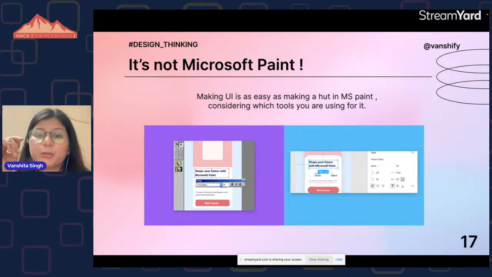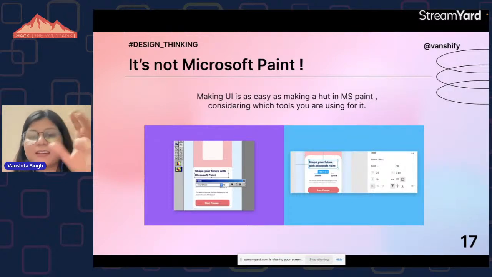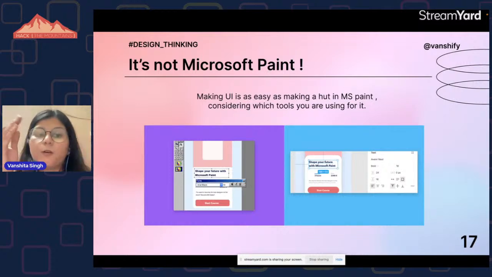Figma is fast. You can just make a rectangle, type the text, and change the font and everything in just one click. In MS Paint, you have to literally go through everything. You have to draw everything. So here also UX matters more than UI.